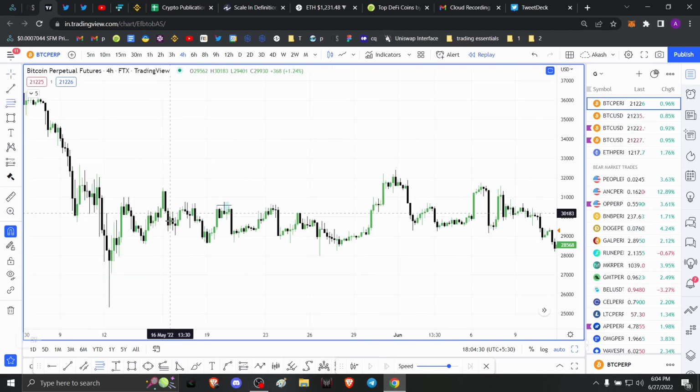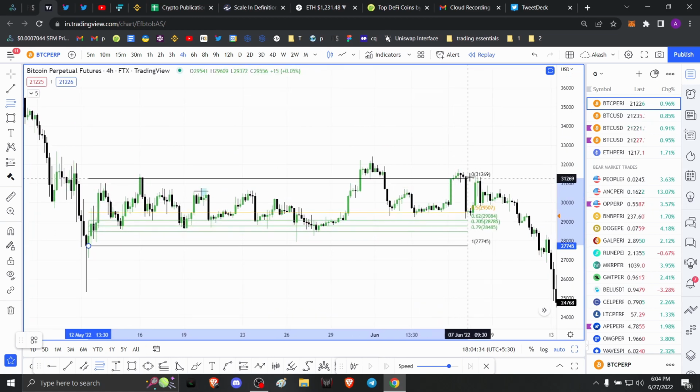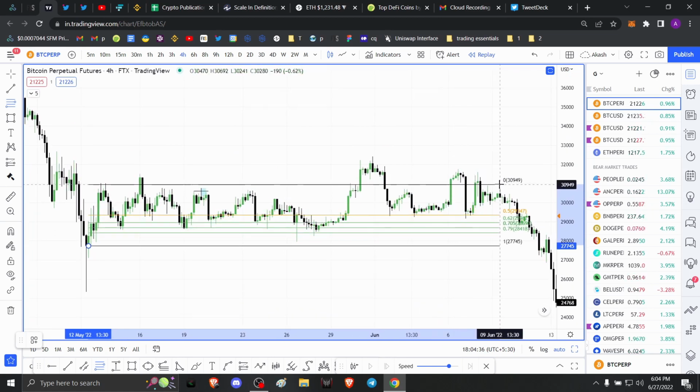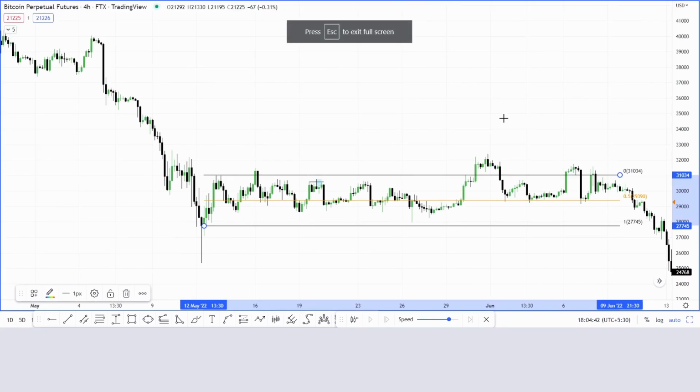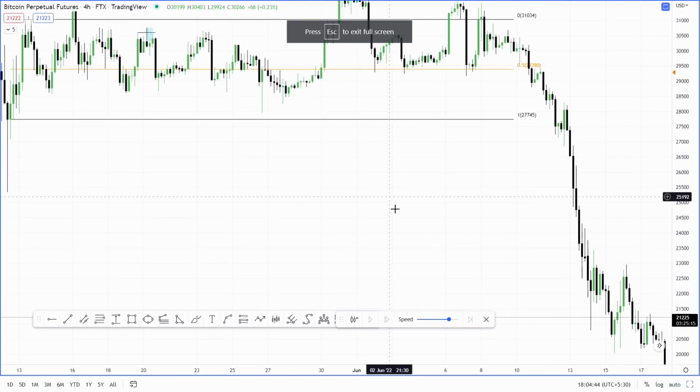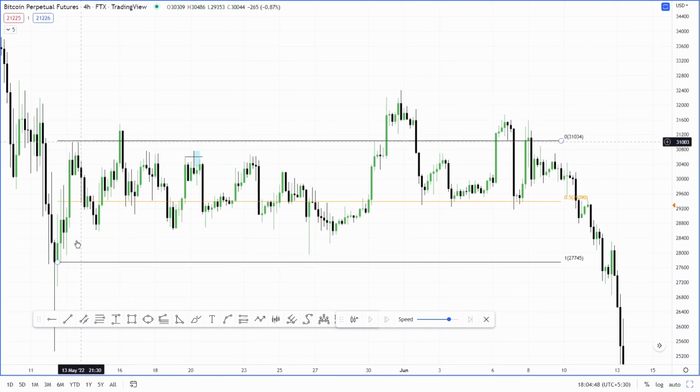Cool. So you wait for the price to form some sort of a range, right? Once you get this range, right? So once you have a range, you kind of have to know that